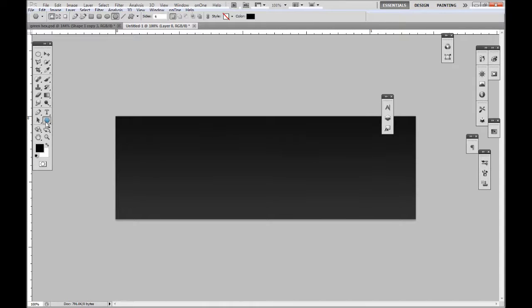Alright, so you want to right click on the little shape tool and you get these options. You want to select the polygon tool, and up here at the top you want to change the sides. Usually it's set by default to 5. I'm going to change it to 6. I'm going to start off with a hexagon shape, and I'm just going to go ahead and hold shift and draw out my shape